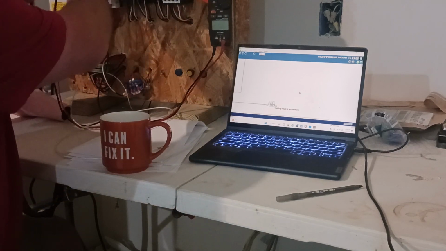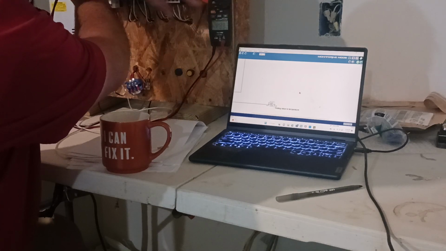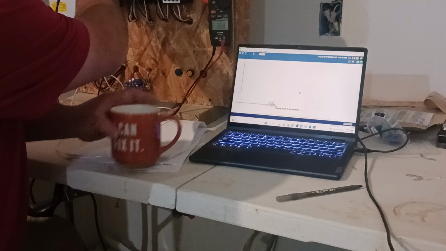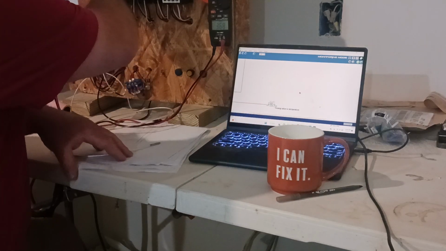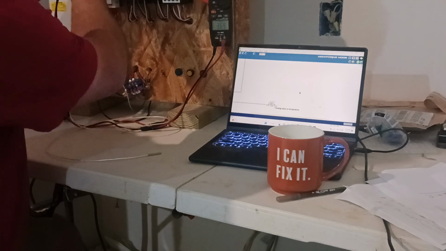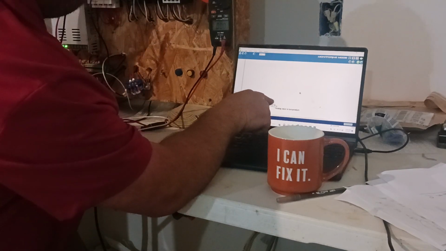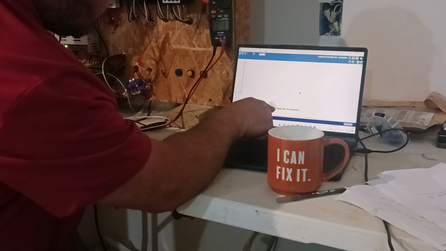Now, let's see what happens when I put heat to it. I have a hair dryer, and so see this voltage, 369. Okay, now we're getting pretty close to 78. It's vastly okay. So 78,